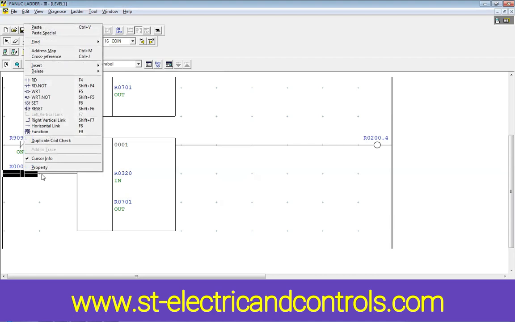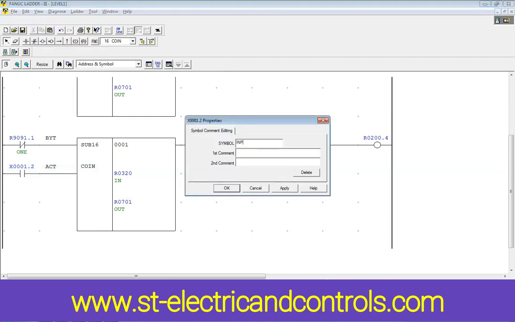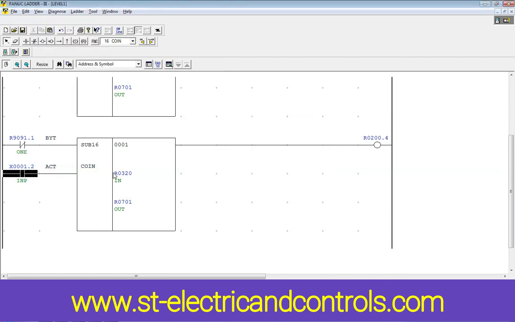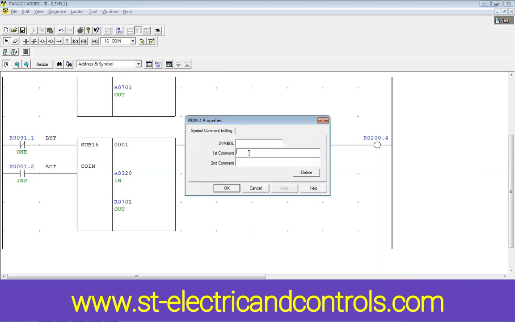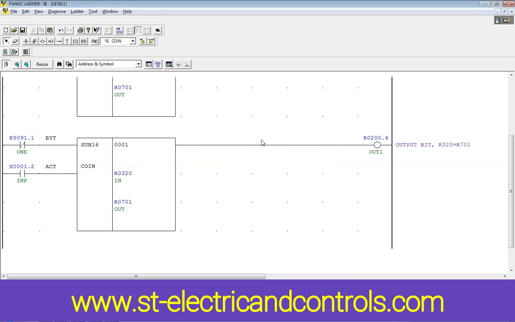And here this is the input signal, so when this signal is on, this instruction executes. And this is the comparison output bit. It is on only when the value of R320 is equal to R701.